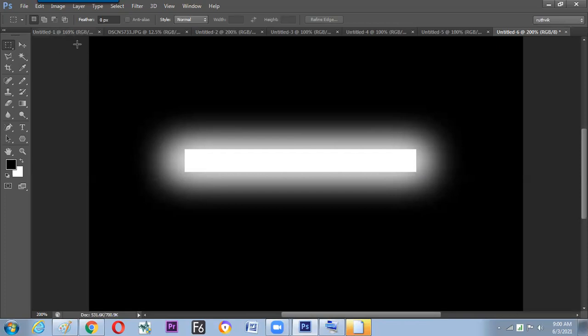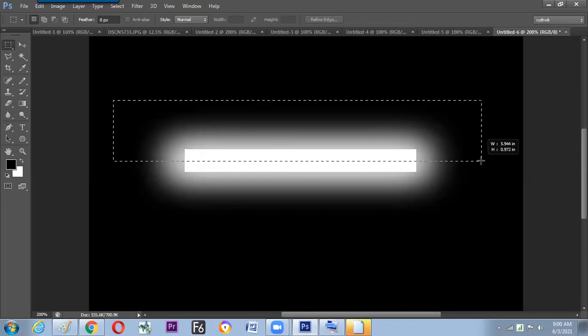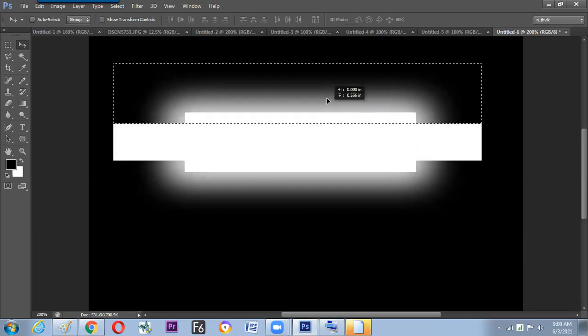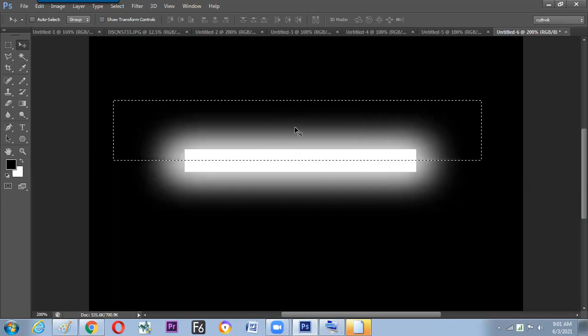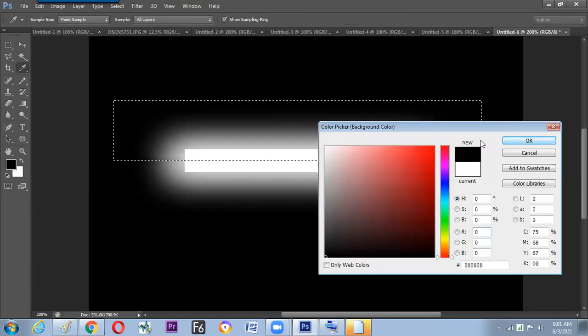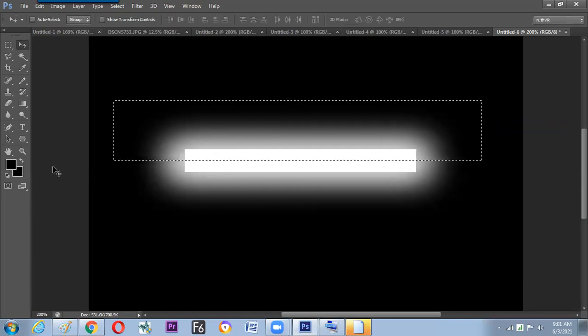Yes, sir. So here, one more thing we can do: select this much of area, take the move tool and move it to the top. This is another way to break it up. Once you are moving it up, it takes that much of zone. Already you have seen inside the photograph how to move. But while it moves, it takes the background color. So the background is white, that's why it is creating white over here. But if you need black over here, make the background black by just one click. You can do it with X also, but the click button also works, that I've shown.